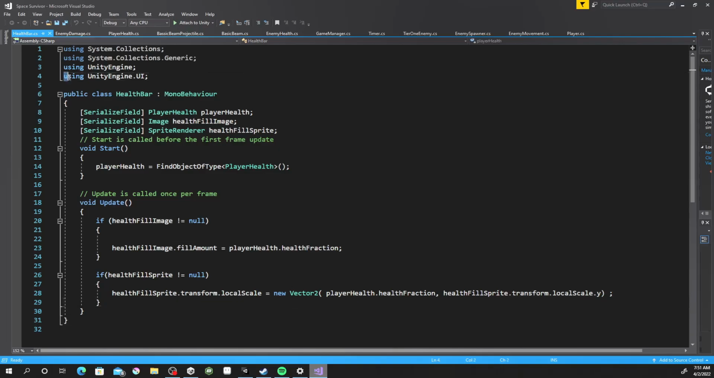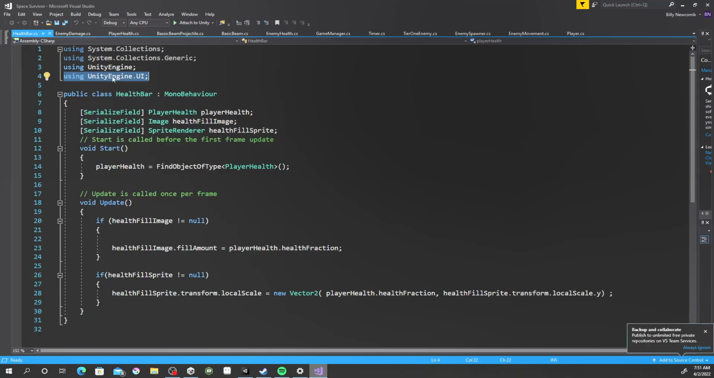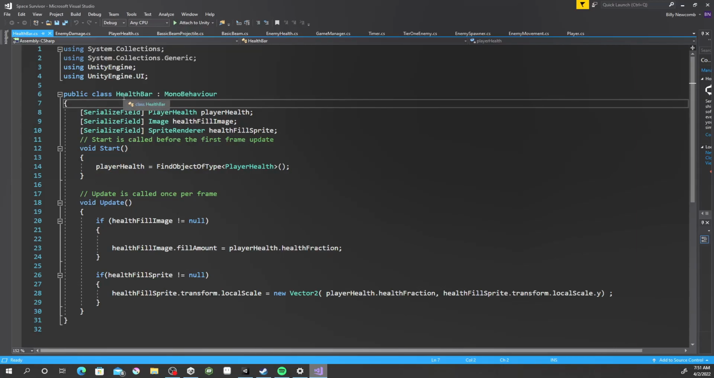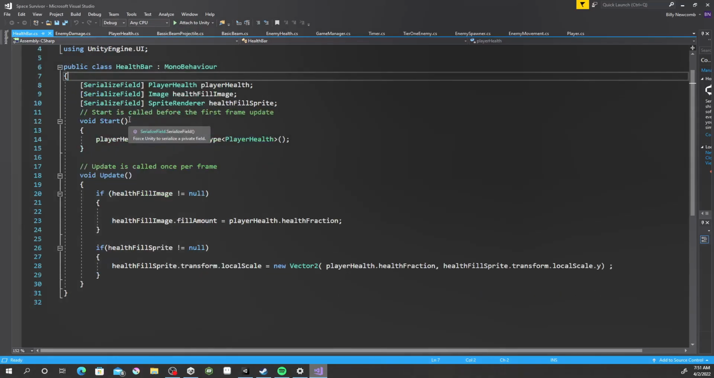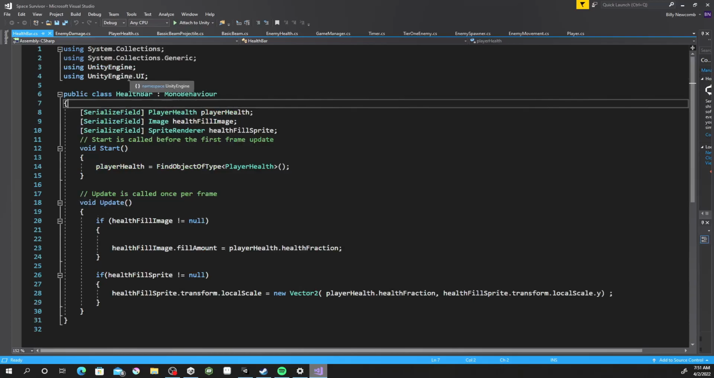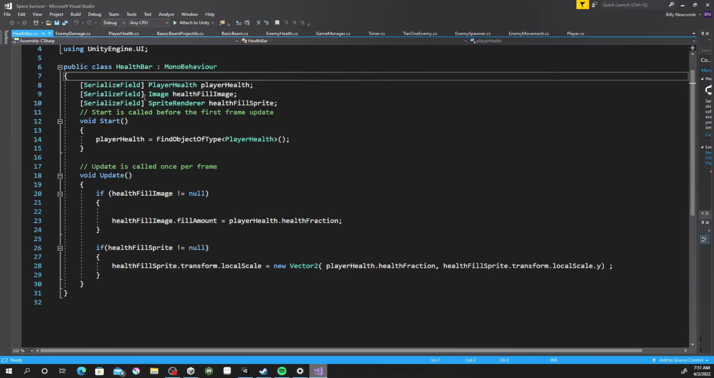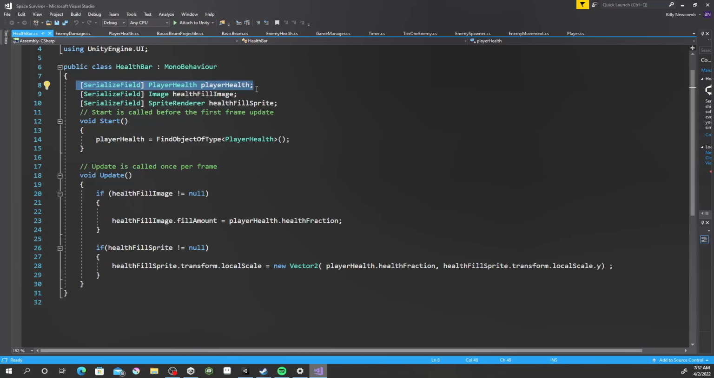Okay, if you're using the UI based bar, you're going to want to put a using statement in called using UnityEngine.UI. And that's going to let you be able to reference the UI code in Unity. We've done that before with the... no, we didn't do that before because we used the TextMesh Pro before. So, anyway, this is the only thing you need for both